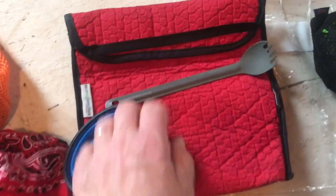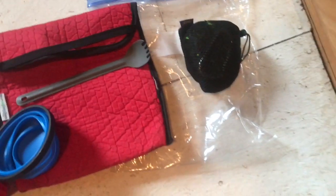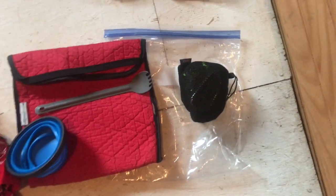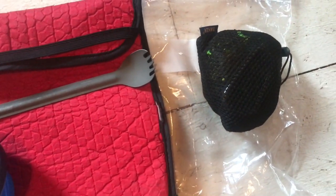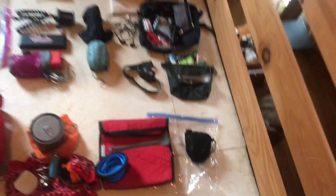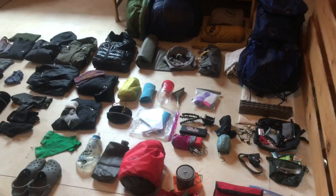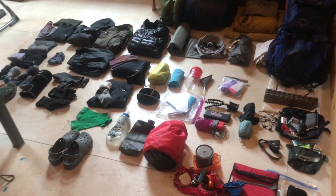So this is the little thermal bag that I'll do my freezer bag cooking in. This plastic bag is my trash bag, and that little black sack is just made of netting, and it has the paracord and carabiner for my bear bag hanging. And that, my friends, is everything. The only thing that isn't showing here is the phone that's in my